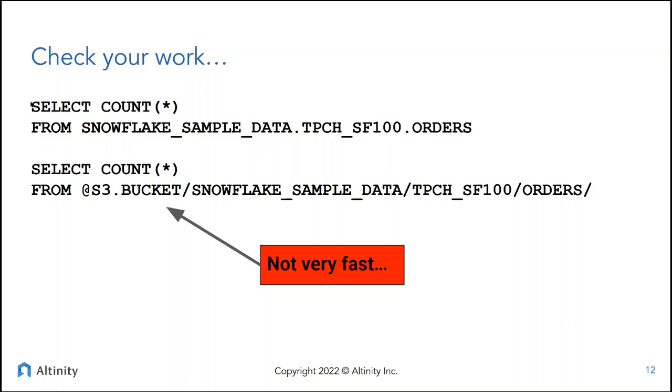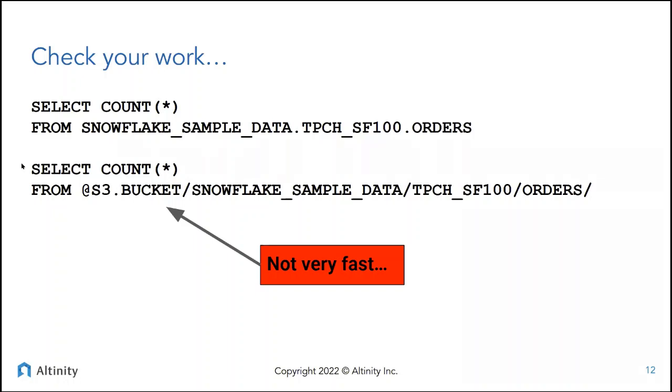So what I like to do is do a select count off the original table orders. And then what's kind of cool is you can do a select count from the S3 bucket. This is not a very fast command. I'm using a small Snowflake installation, so that probably doesn't help, but this can take a while. But if you see these come back with 150 million rows in each case, the numbers match, you got all the data written out. So that's it. At this point, the data has left the building, as it were. It's sitting out in S3 as Parquet files.